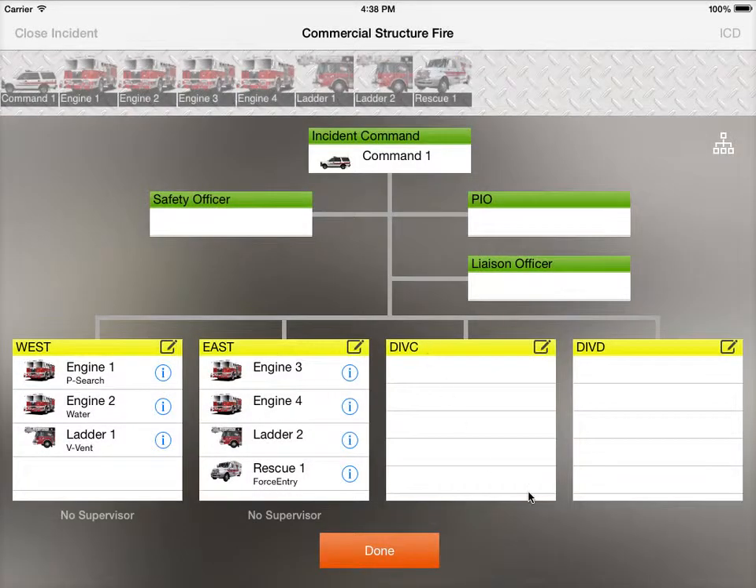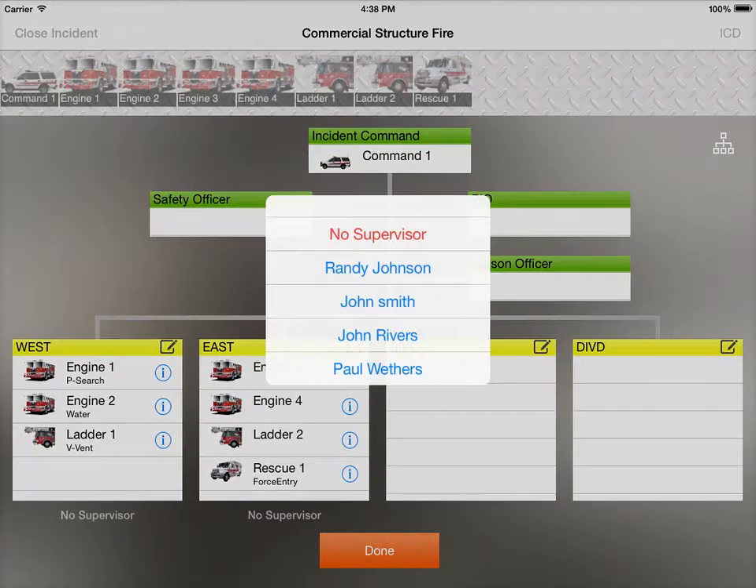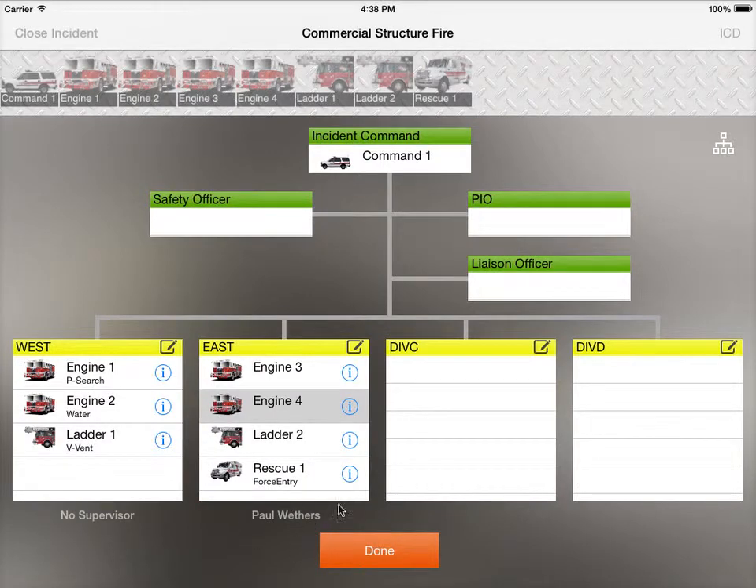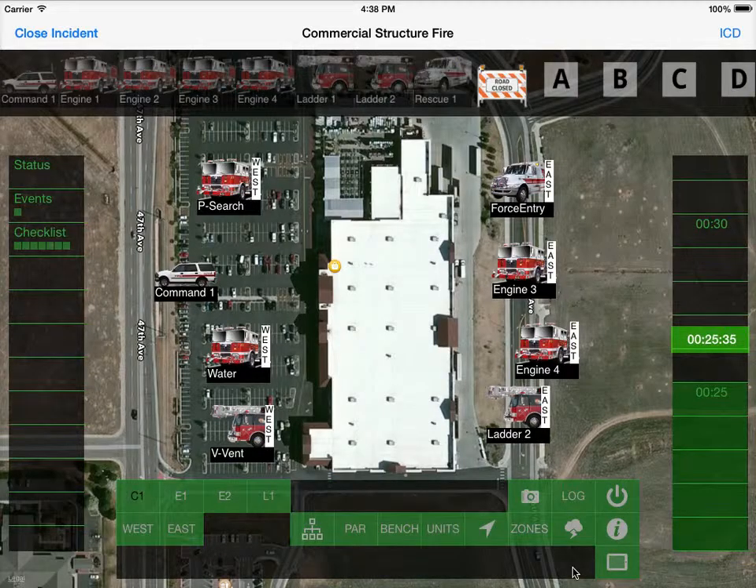And finally, we want to assign a supervisor to our East Division, and that's going to come from Engine 4 in this example. And our crew assignment for Engine 4 appears in this pop-up automatically. And then we can tap on Paul, and you'll notice that Paul has been assigned as supervisor for the East Division. In this incident, our commander will be responsible for the West Division, so we don't have to actually assign a separate supervisor. So when we're done, just tap the Done button, and you'll notice a couple of things